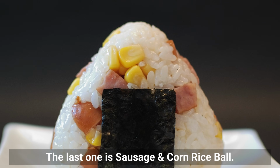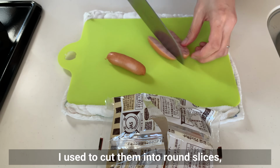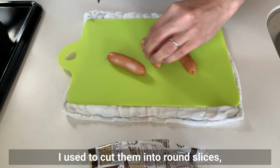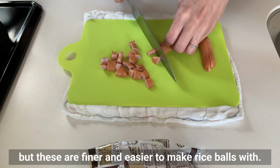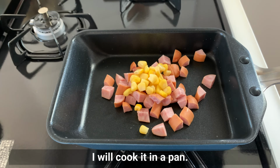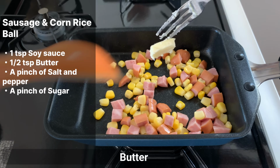The last one is sausage and corn rice bowl. First, minced sausage. I used to cut them into round slices, but these are finer and easier to make rice balls with. I will cook it in a pan. Add the corn here. Add butter,